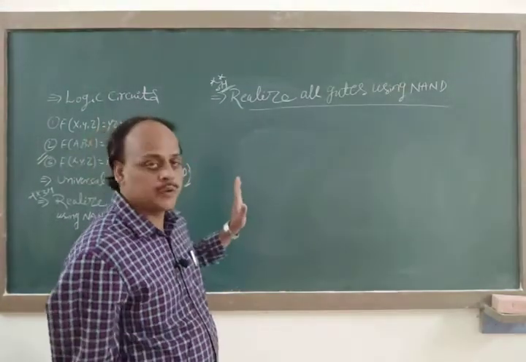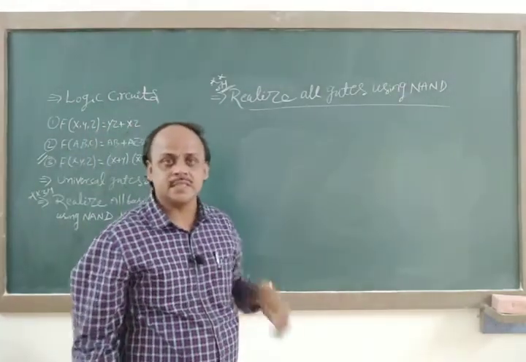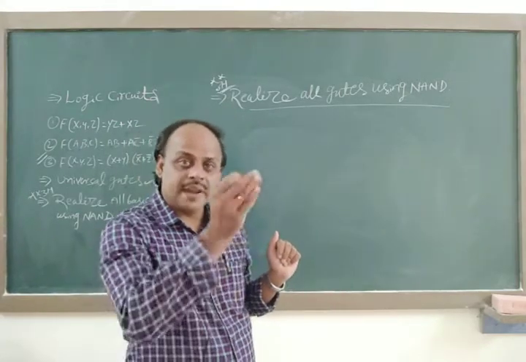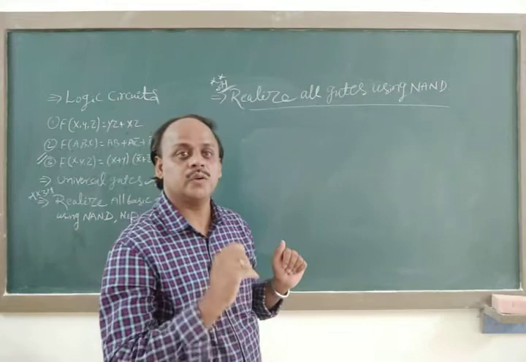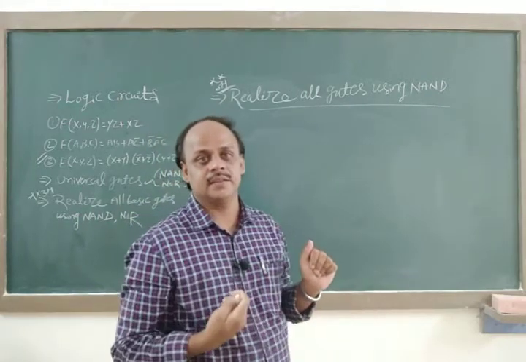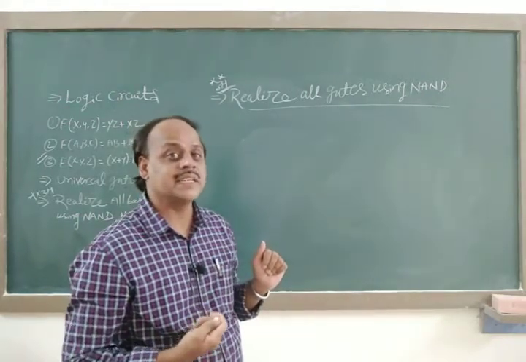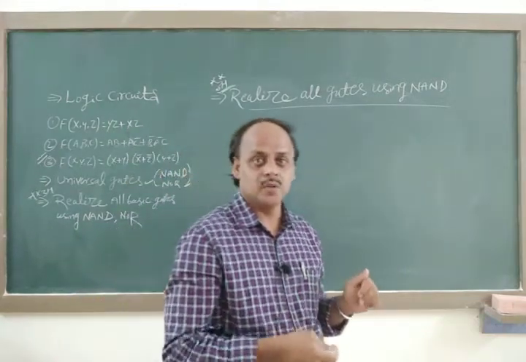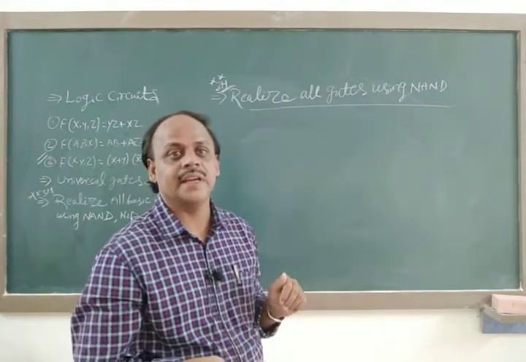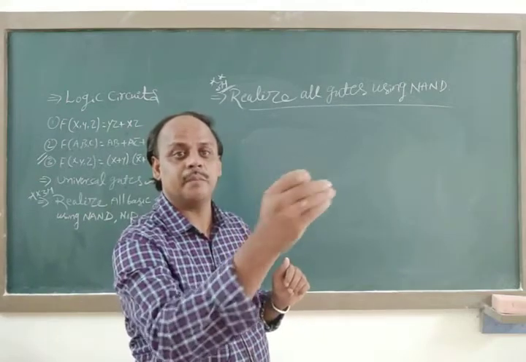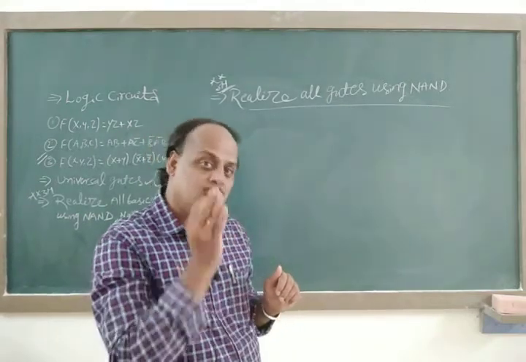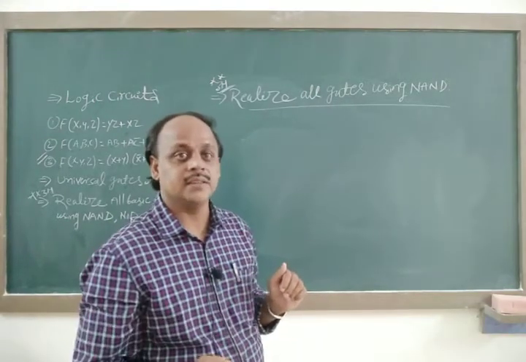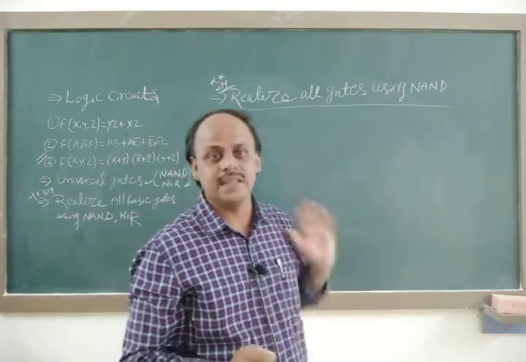So what we have to do is consider only the NAND gate. From the NAND gate we have to realize AND. Means we must get a result. Suppose 2 variables are there, x and y. We are using a NAND, what are we getting? x into y whole bar. So from a NAND we have to get x into y. Then realizing AND is over.